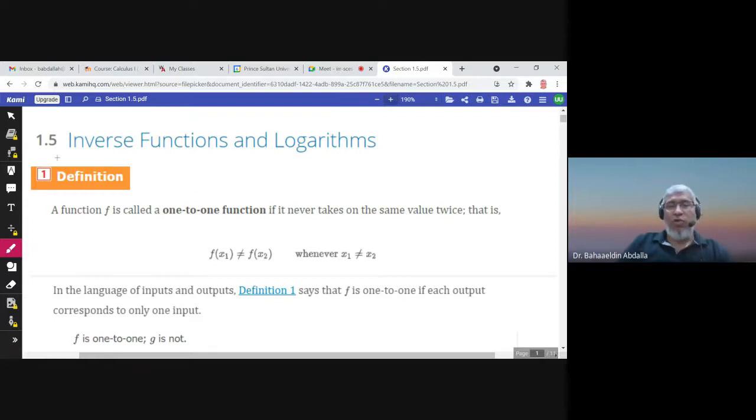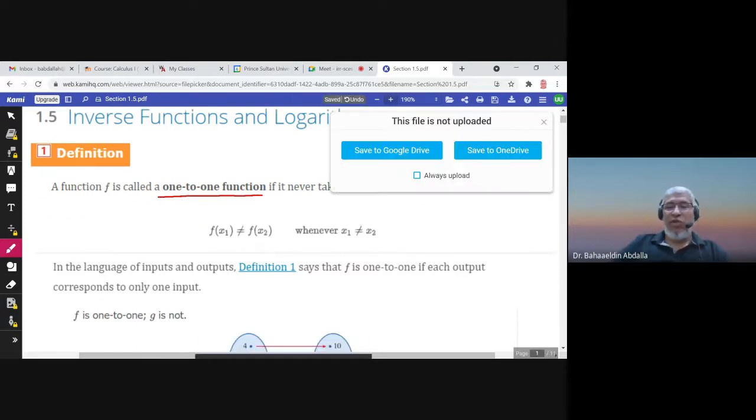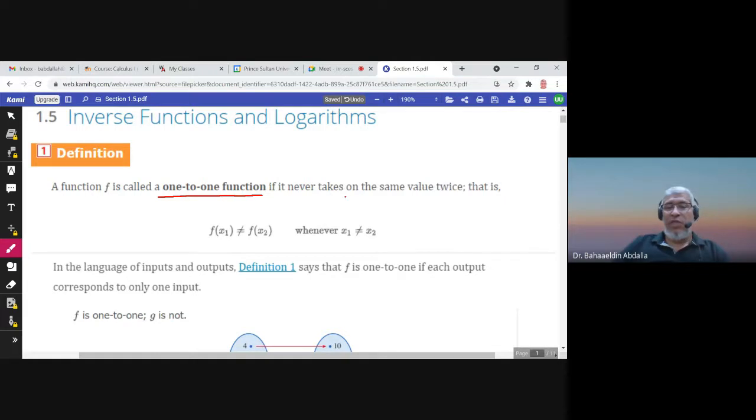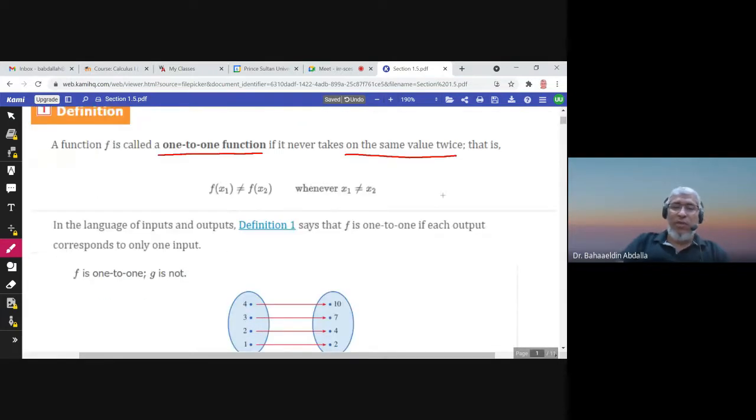This is section 1.5 and it's about inverse functions and logarithms. Well, let us start by defining a one-to-one function. A one-to-one function never takes on the same value twice, which means if I have x1 and x2, and they are different, x1 is not equal to x2, then f of x1 would be different than f of x2. So for example here,